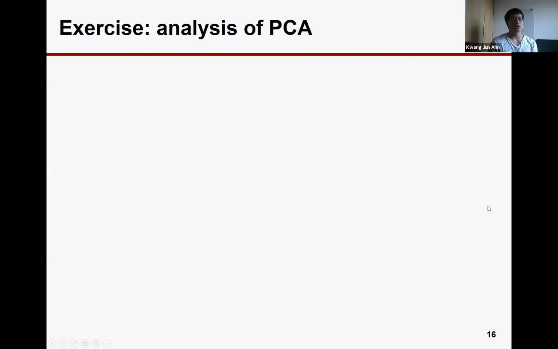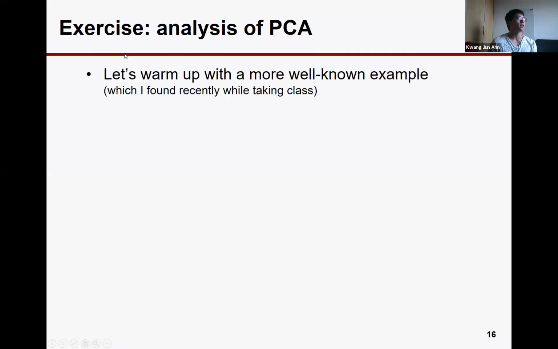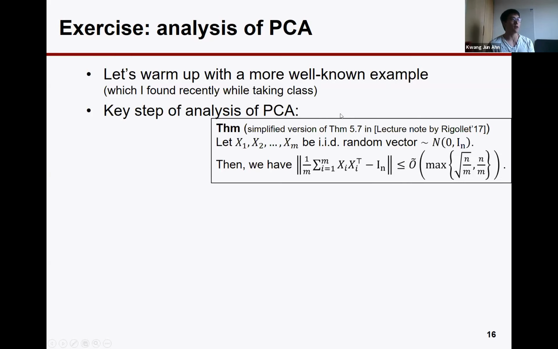So before I revisit the motivating example, let me first cover perhaps a more well-known example to you guys. In the analysis of principal component analysis, I actually came across this example recently while I was taking a class. And it turns out we can capture this very classical result with random matrices too. The original proof of this result requires some epsilon net argument and sub-Gaussian concentration. But we can just capture this with graph matrices.